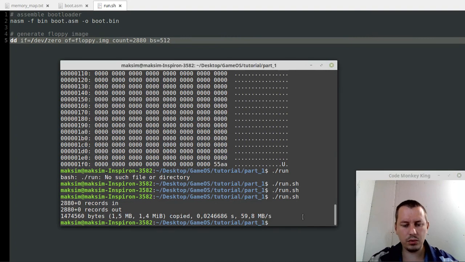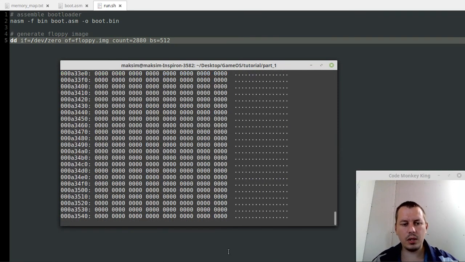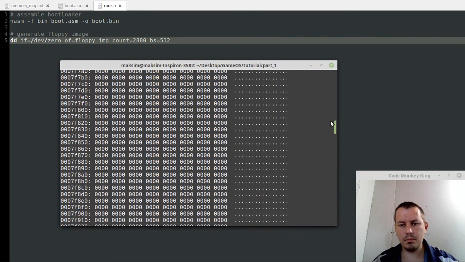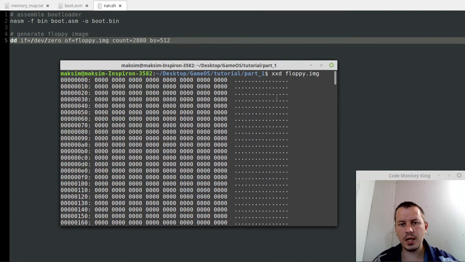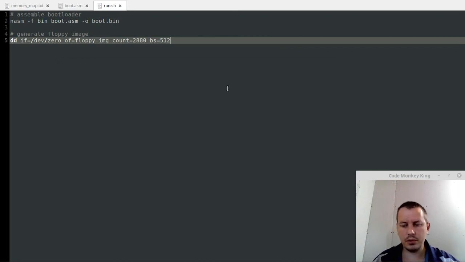Just to show you that, if I say xxd and then floppy.image, you see we have all the zeroed segments, but we want the first sector to contain our binary file boot.bin. We could have done this using dd as well, but I'm used to doing this in a slightly different way. So I just subtract one sector, so it would be 79,